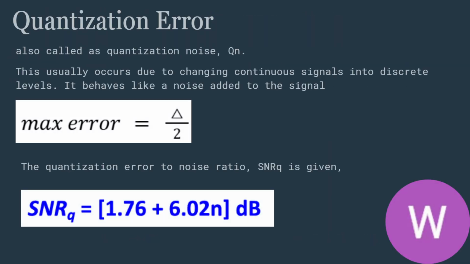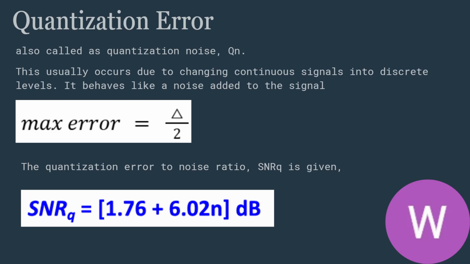So as we apply quantization, an error will also occur, which is called quantization error. This quantization error can also be called quantization noise, QN. This error usually occurs when we change the continuous signal into discrete levels, and it behaves just like noise added to a signal. So the maximum error is equal to delta over 2,